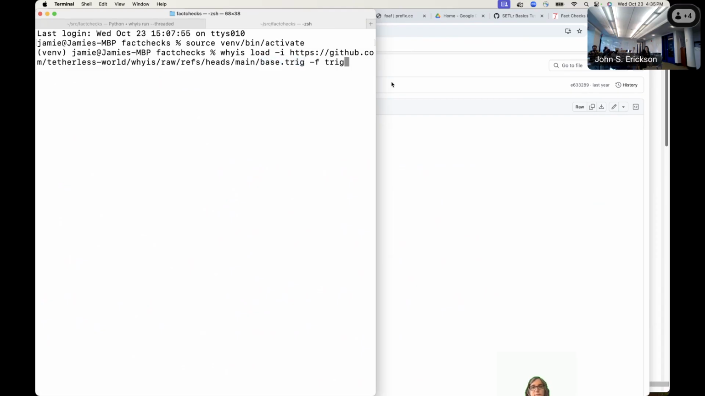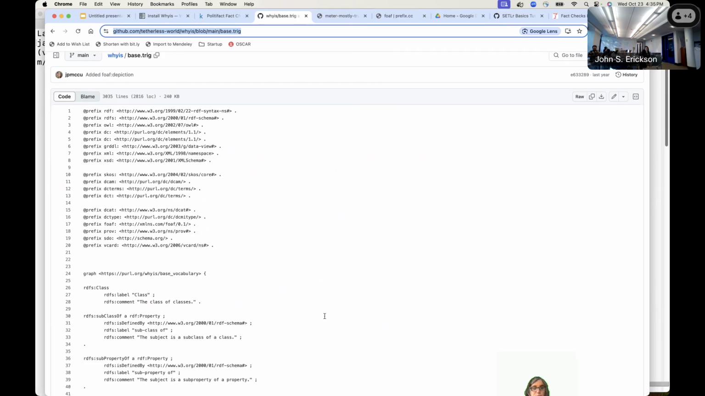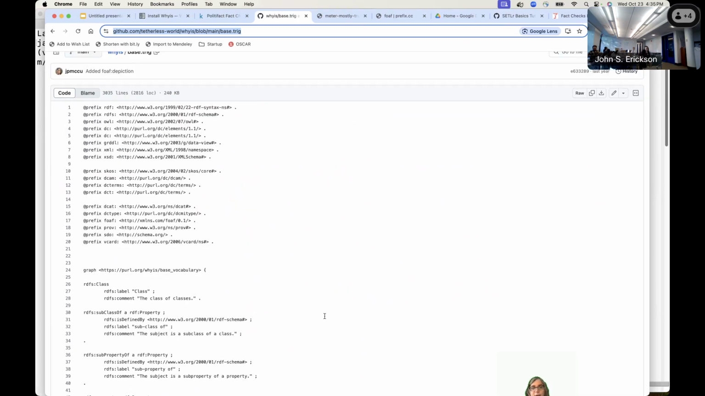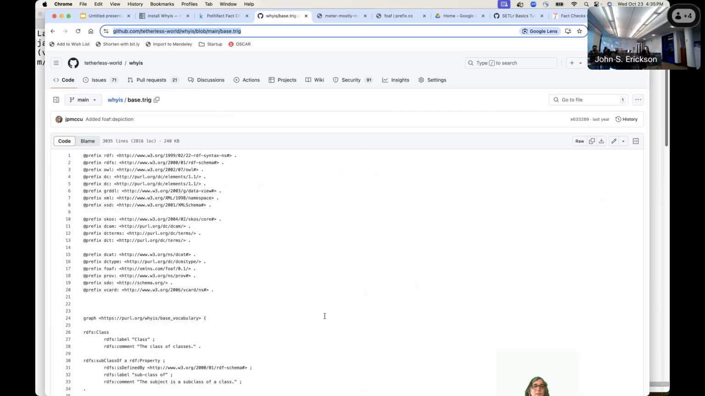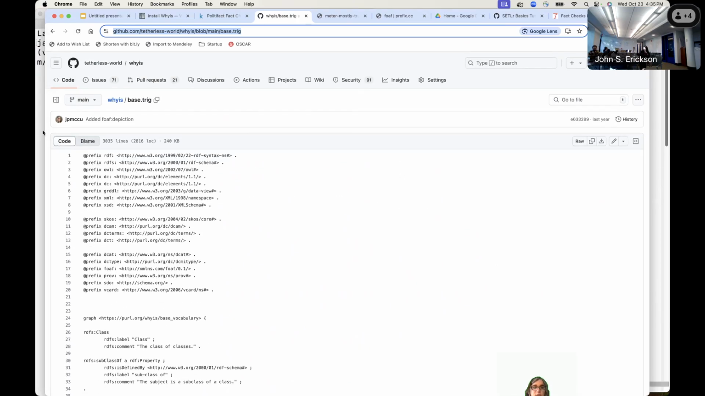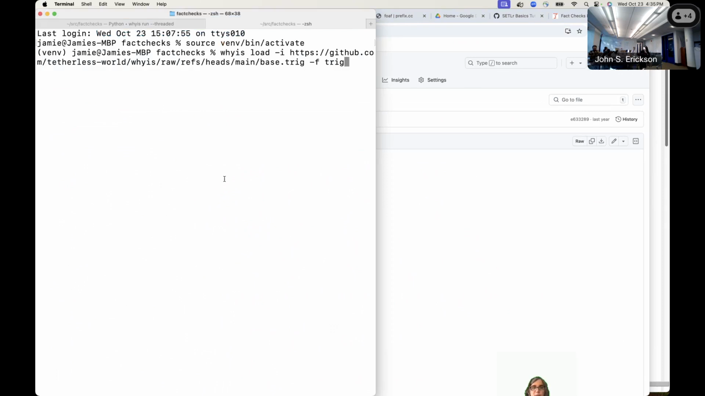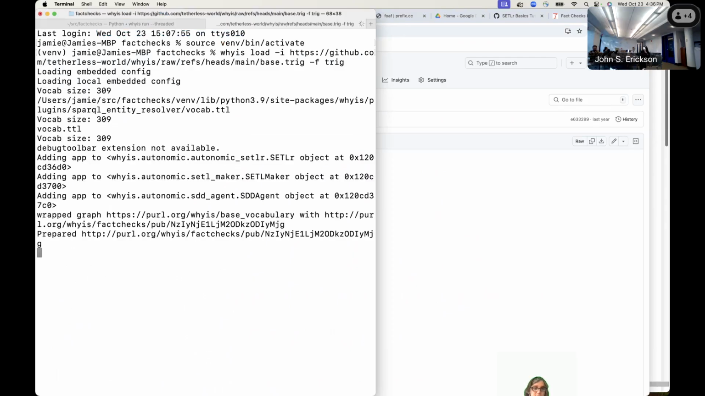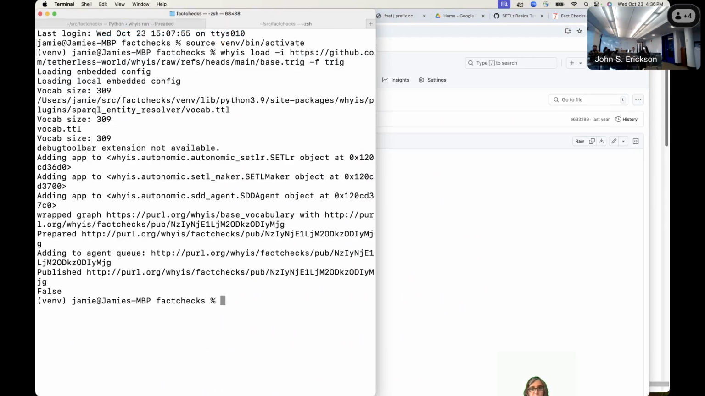What this file is, is quite a bit of OWL and RDFS and SKOS and PROV and a bunch of other stuff that we just generally find useful. So it's a useful starting point for all the meta ontologies and so forth that we might work with. Now we've loaded that up, and when we check here,